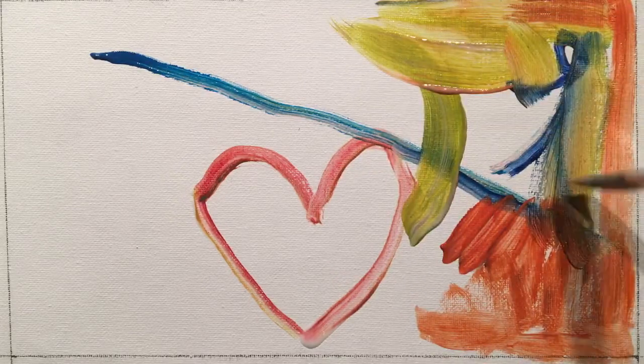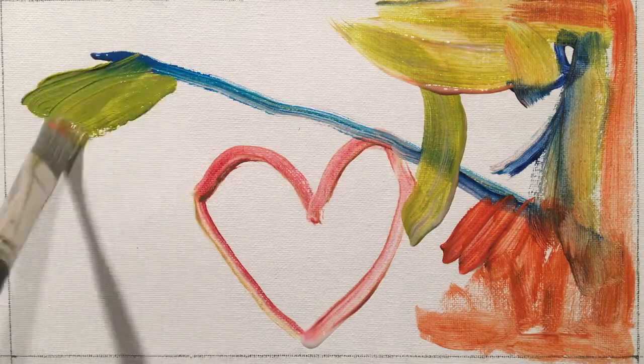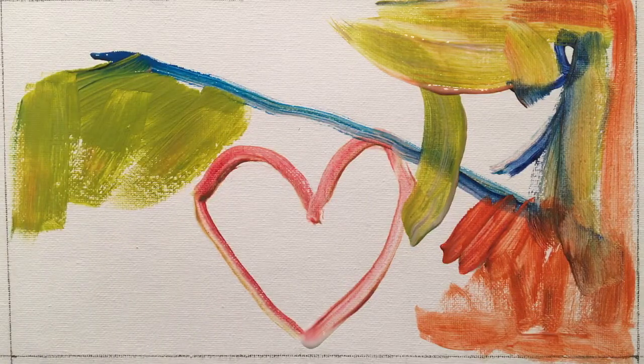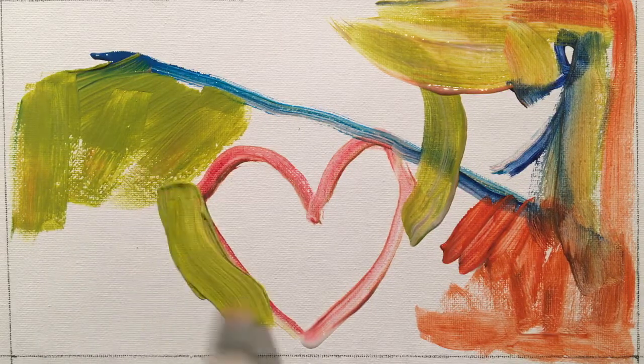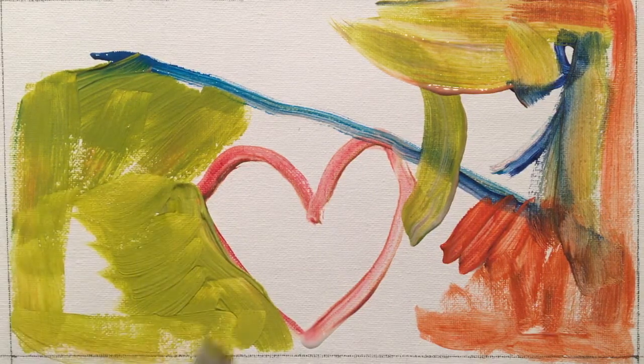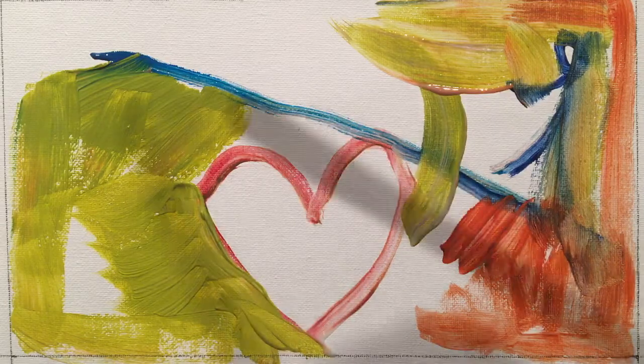There's a book out there that I'm sure many of you have probably heard of. It's called Drawing on the Right Side of the Brain by Betty Edwards. And it's a book that's been adopted by many art schools in their first year programs of using techniques of getting yourself into using more of the right side of your brain while creating. And some of the techniques she uses are